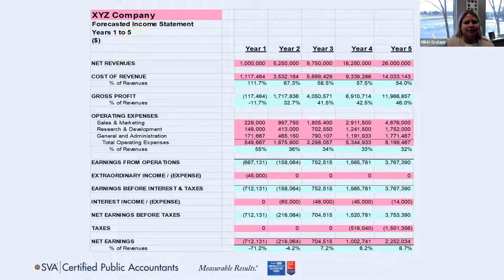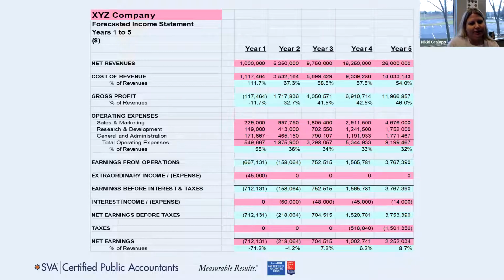So you don't just sit down with a blank sheet of paper and start filling in numbers. You really look at, hey, what historical data can we use to help us predict what's going to happen over the next period of time. And you want to document those expectations and those predictions that you have made. So when you go back and look at it, you can say, well, why did I think we could hit this target? You're better able to understand. And if you have new people coming and going that are helping you meet your goals, they can understand what parameters went into you making these decisions.